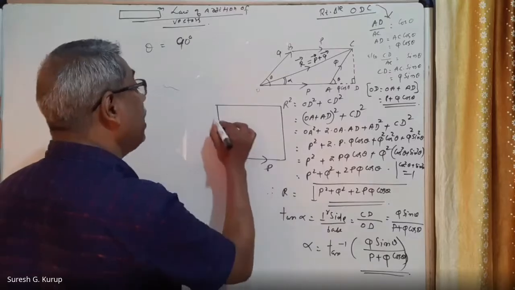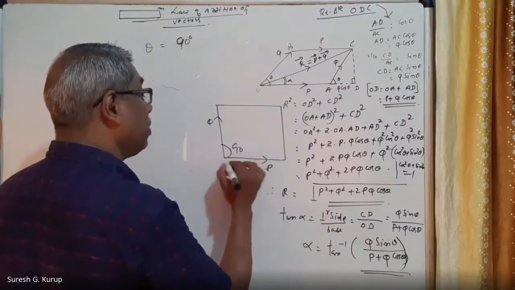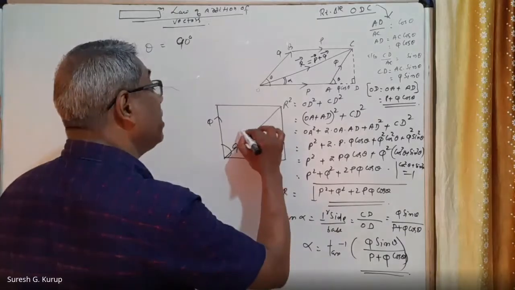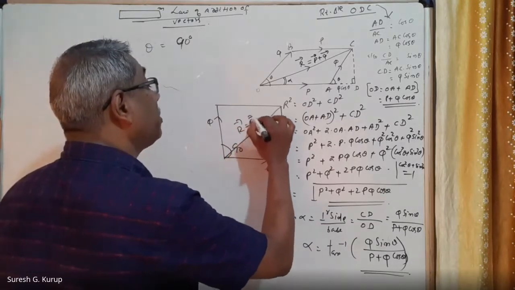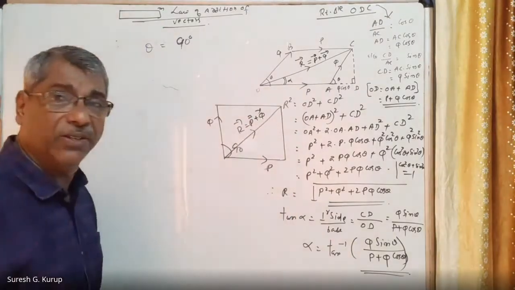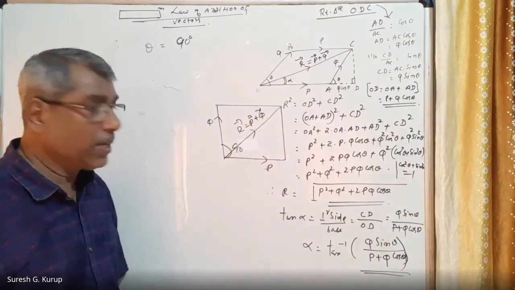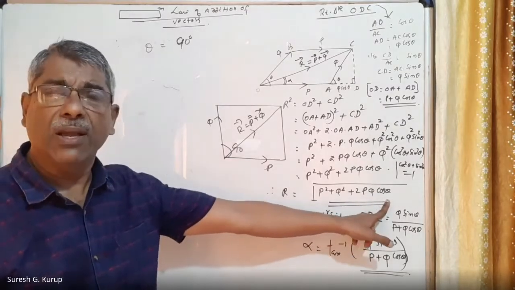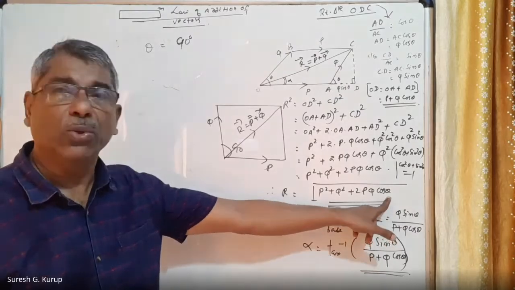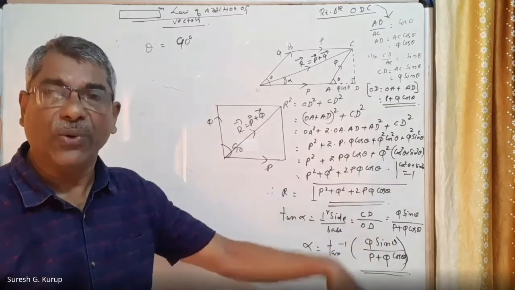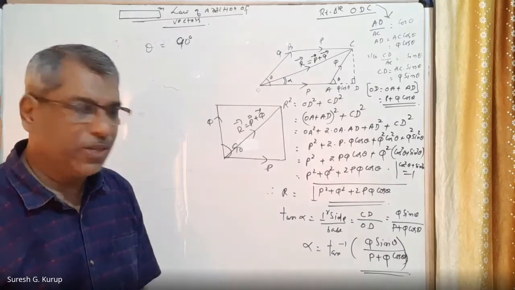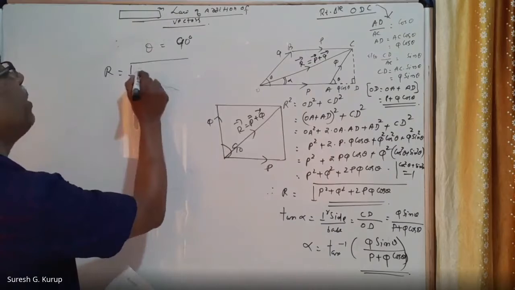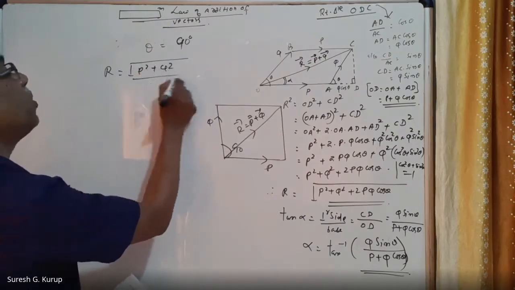This is P and this is Q and this angle is equal to 90 degree, right? This is the situation. Then resultant vector R is equal to vector P plus vector Q, right? So when the two vectors are acting at an angle 90 degree, in this place 2PQ cos 90. But cos 90 is equal to 0. So the term becomes 0. Then R is equal to the square root of simply P square plus Q square, right?